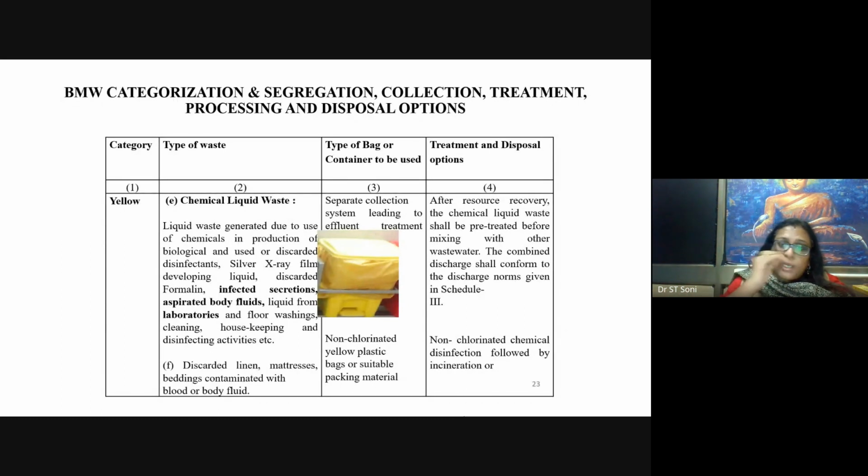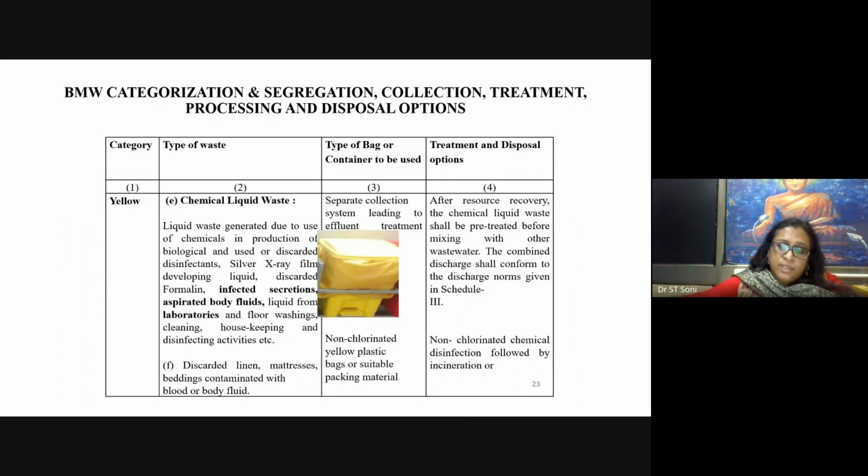So there are two types of treatment plant for liquid waste management. One is the ETP, and the second is the STP, that is the sewer treatment plant. For the hospitals, for the liquid chemical waste, we need to have an effluent treatment plant, and only after this treatment, with regular monitoring, it has to be discarded in the common sewer line, and it shall conform to the discharge norms given in Schedule 3 of the Biomedical Waste Management Rules. X-ray film developing liquids are supposed to be given back to the vendors,